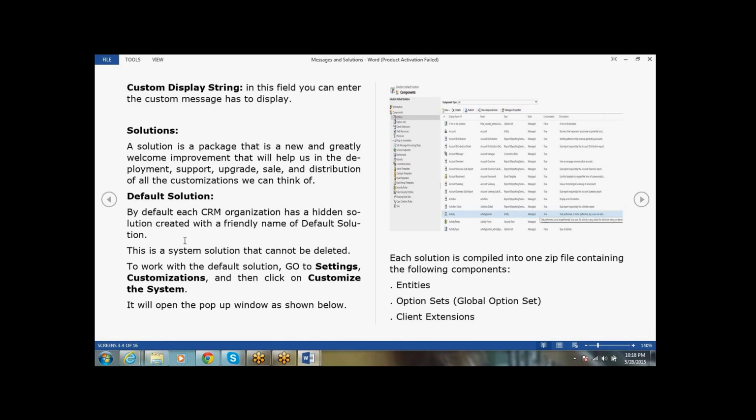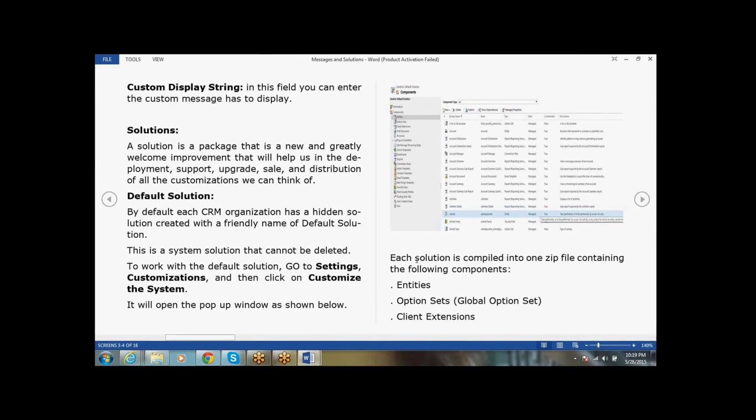This is a system solution that cannot be deleted. To work with the default solution, go to Settings, Customizations and click on Customize the System. It will open the pop-up window as shown below, the same window.